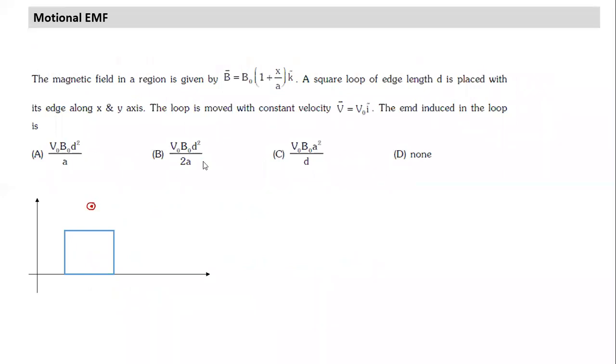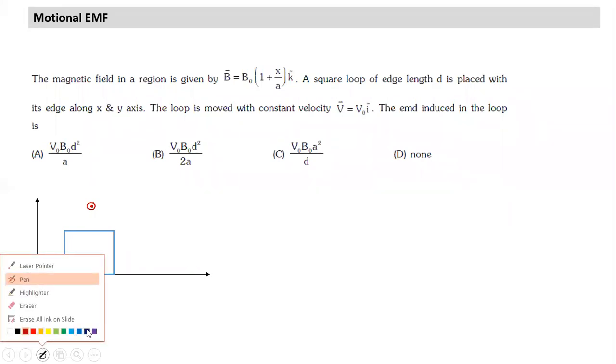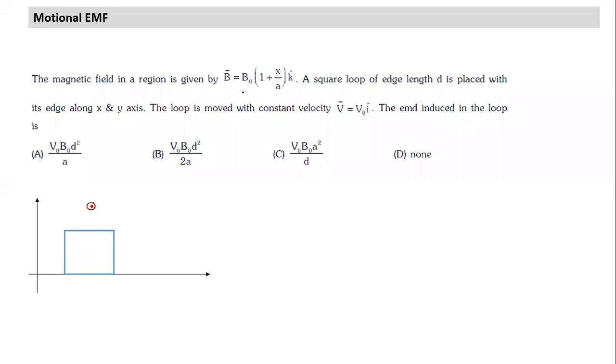What is the nature of the magnetic field? How do I define this magnetic field? Is it uniform or is it steady? It varies along this direction, so is the magnetic field uniform? It's a non-uniform magnetic field, changing with position. But is it steady? It's not changing with time. So this is a non-uniform but steady magnetic field. The magnetic field region is given like this.